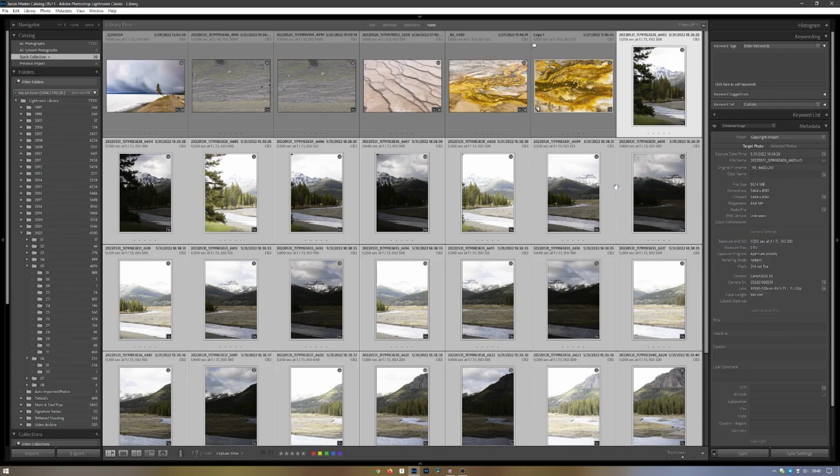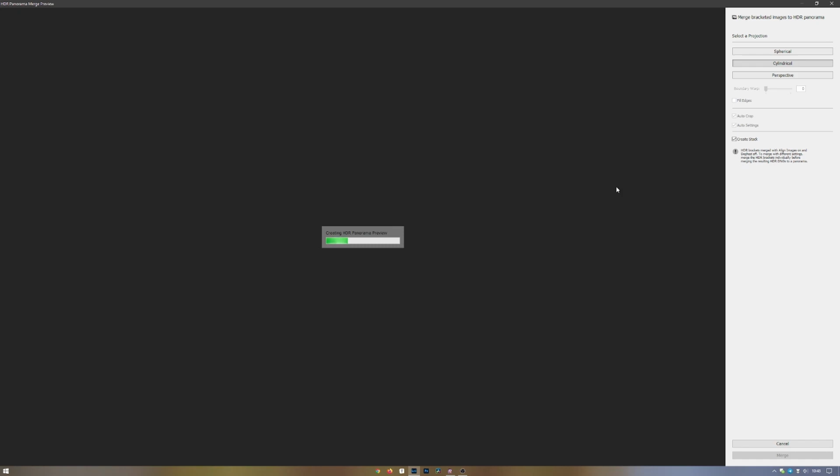So this is another thing that I do quite often, or a lot of. I stitch panos, and I stitch HDR panos, and I really should do a video on my handheld pano technique because I think it might be useful for some people. As much as I talk about how you don't need gobs and gobs of resolution, you don't need to shoot 600, 800 megapixels, you don't need a 60 megapixel camera,